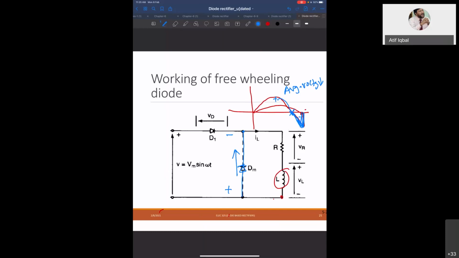So this negative part of the load voltage will be clipped, will no more be there. So you will have, this was your, now you will have this, and this negative voltage will be clipped. And you will have this as your load voltage. Because when this diode is on, this is like a short circuit. So voltage across the load will be zero, ideally. If it is not ideal, then it will be equal to the voltage that is dropped across the diode. Do you understand this point?